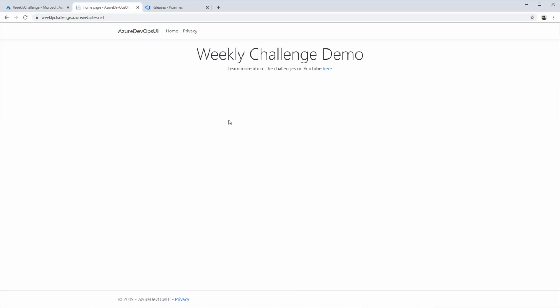We got the primary challenge when we created the Azure DevOps project. We created the bug report under work items, and then we connected that bug with a commit and pushed that up to our repository. And then for our bonus challenge, we enabled continuous integration and continuous deployment. Okay, so with that,